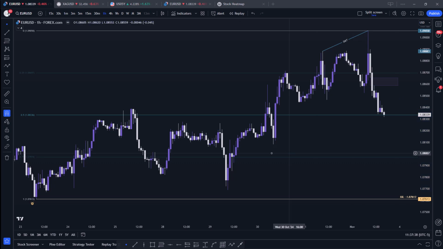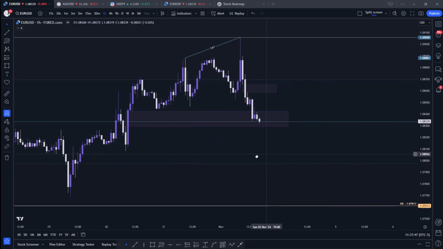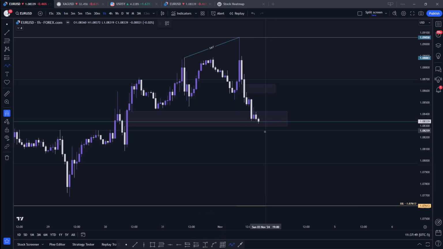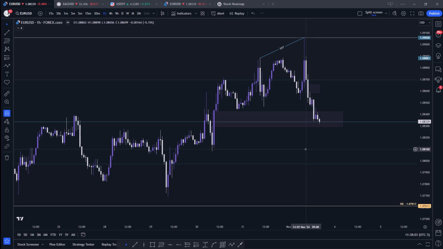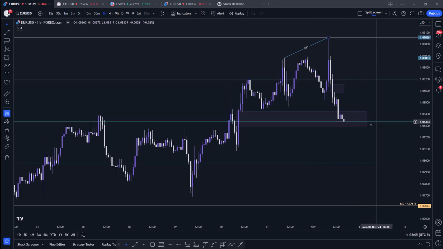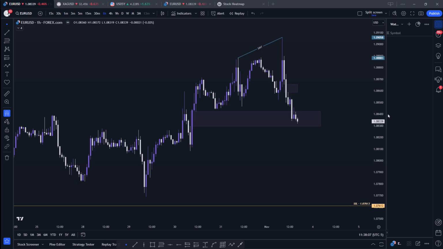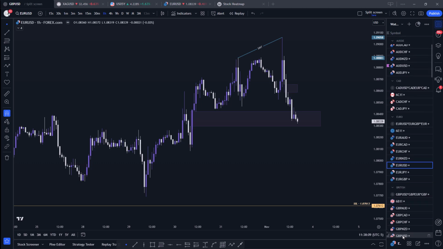But keep in mind, right now, this is the only PDRA that I'm looking at. I'm looking at this BC to potentially act as an inversion gap. I'm looking for us to close lower below it, a retest of some sort, or even an order block or a breaker, and a continuation lower. I'm not looking for us to retrace back to a deep premium like this CB all the way up there. So that's my insight and my view on dollar with EU, and of course the same applies with GU because they have a similar structure, right?